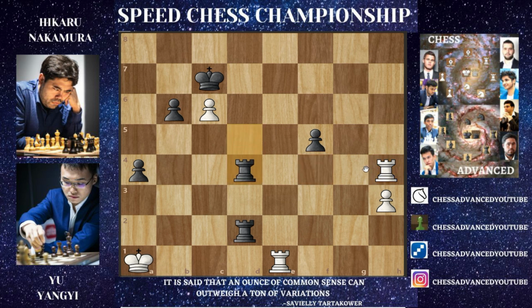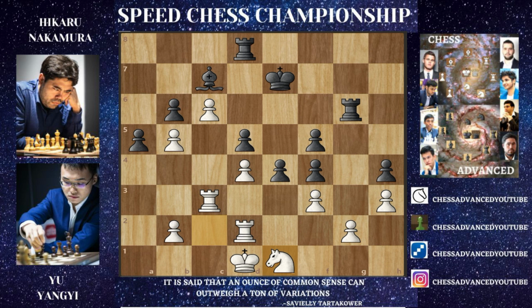And now if you trade rooks, the endgame is completely winning for black, so there's pretty much nothing that Yangyi could have done to prevent this. But okay, the position is still completely winning for Hikaru, but Hikaru tries it another way. He goes for rook to g8, just doubling up rooks on the g file, just pressuring that g2 pawn, and here rook to e2 was played, but we have this bishop to d6,